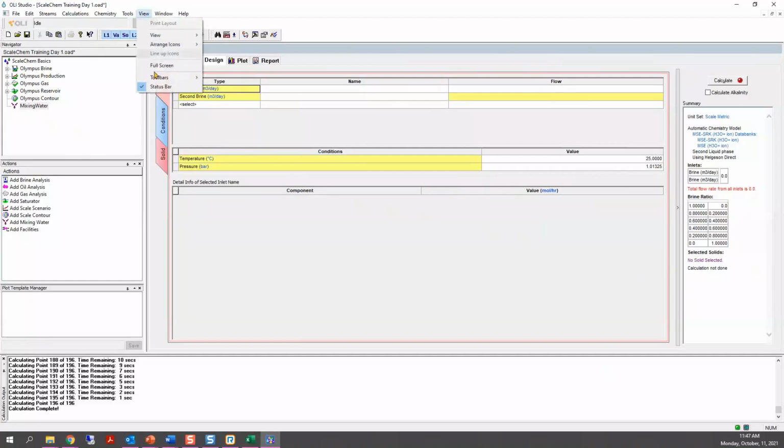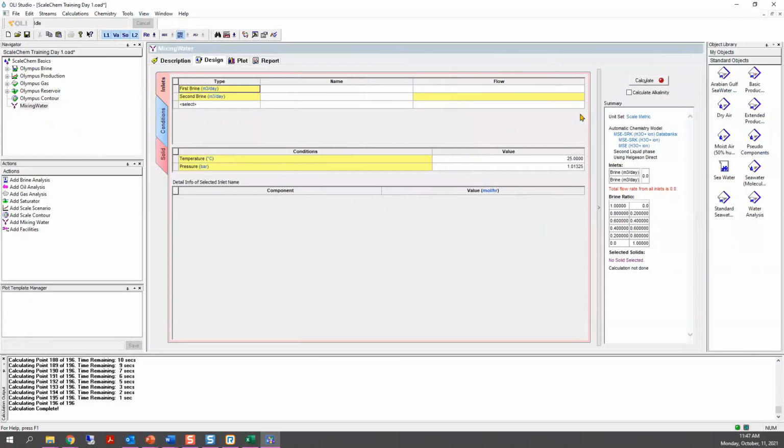Then we go to Toolbars, and it's the only one that is not selected, Object Library, okay? This object library has some standard objects. You have pseudo components, basic produced water analysis. It has a standard seawater analysis, seawater, etc.